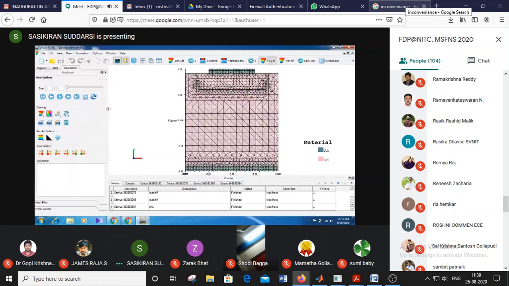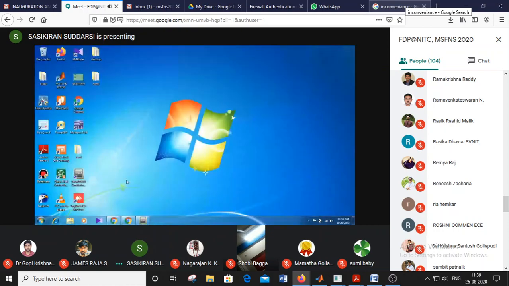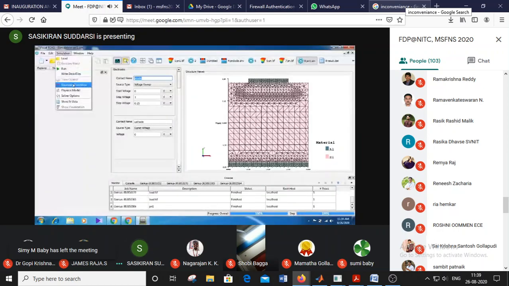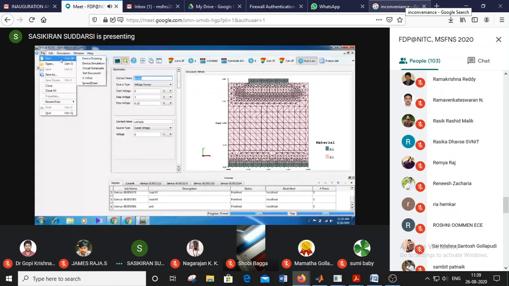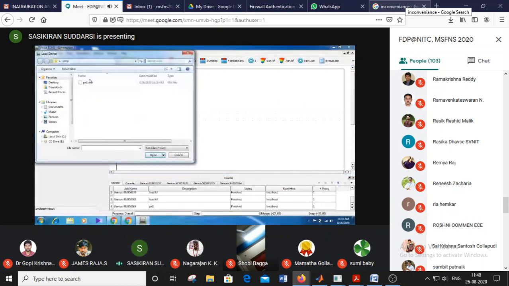We can make the circuit element and select here the numerical device.